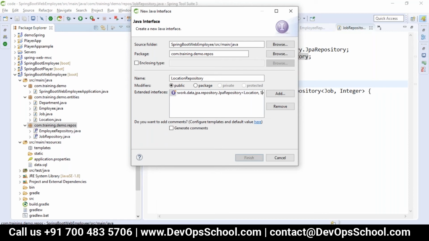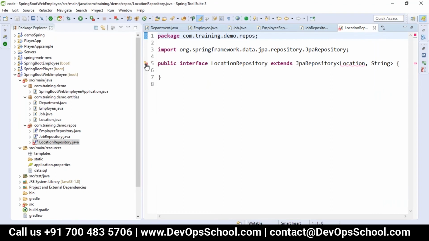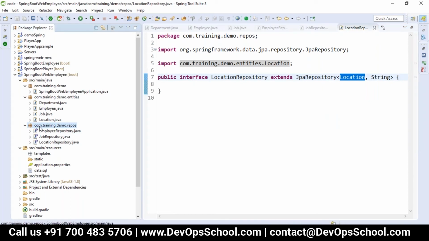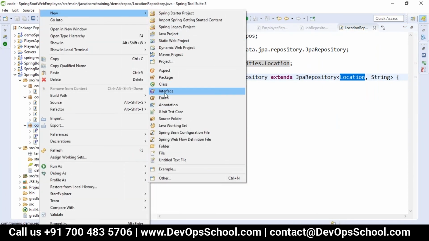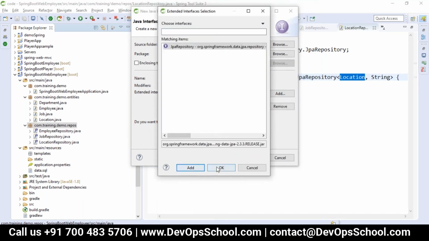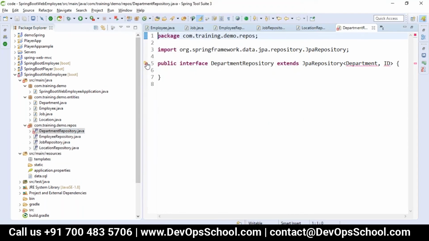For location, we have taken a string as the primary key. And then another one, department.